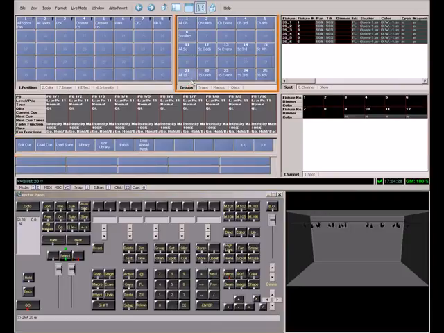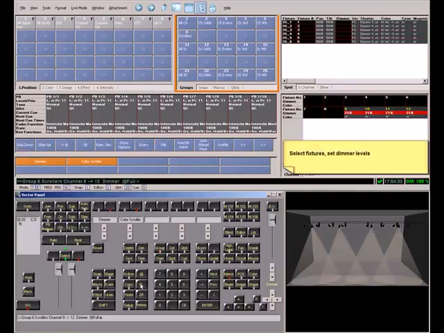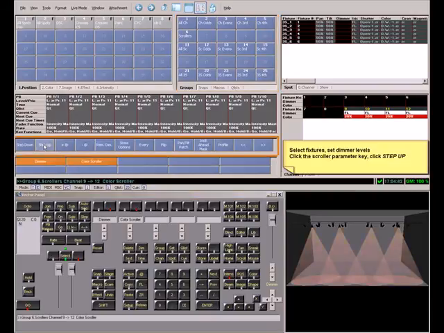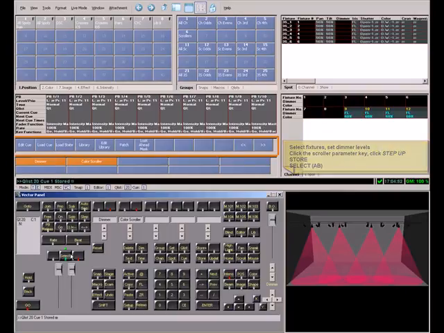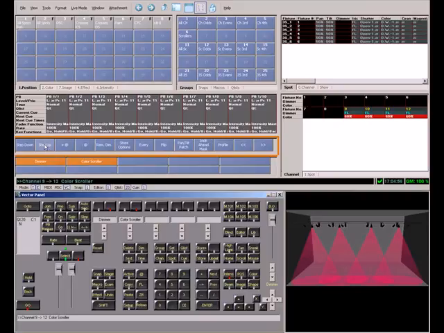Select Group 6, which we stored as the scroller channel group. Set dimmer levels. Click the scroller parameter button to select, and click Step Up until arriving at the desired frame. Click Store. Click Select for AB. Q1 is stored. The last channel selection is still active, so just click the scroller parameter button again, click Step